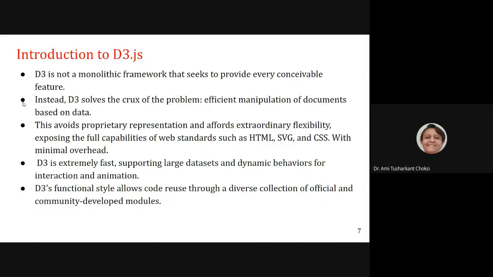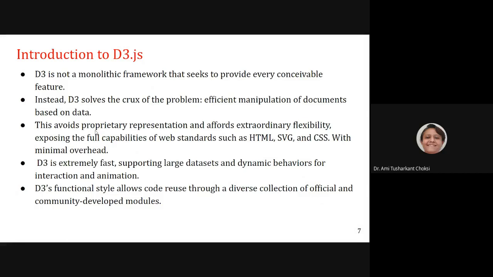D3 is not a monolithic framework that seeks to provide every conceivable feature. Instead, D3 solves the crux of the problem, that is, efficient manipulation of documents based on data.